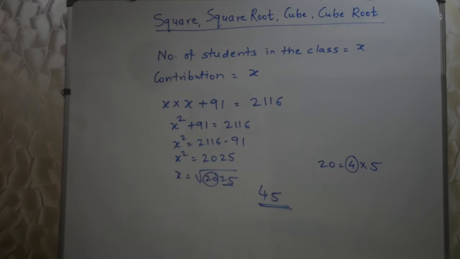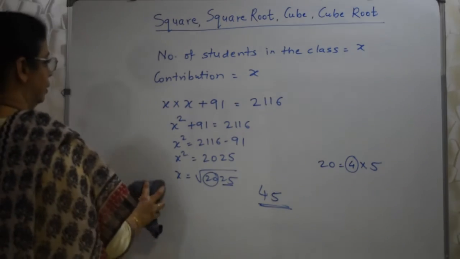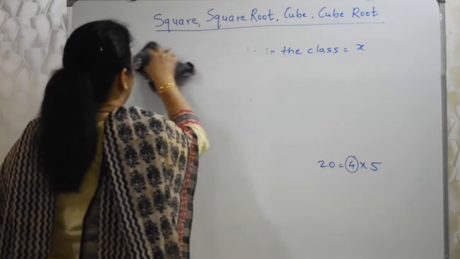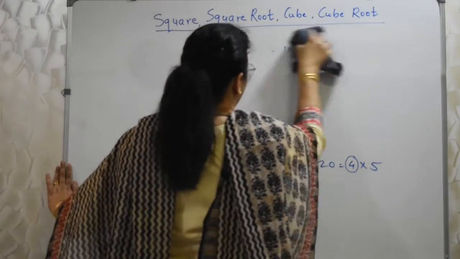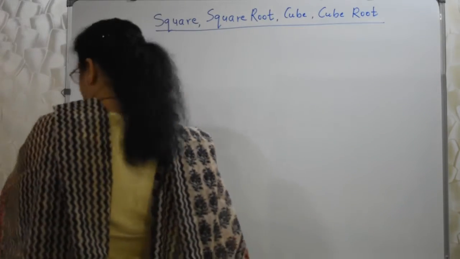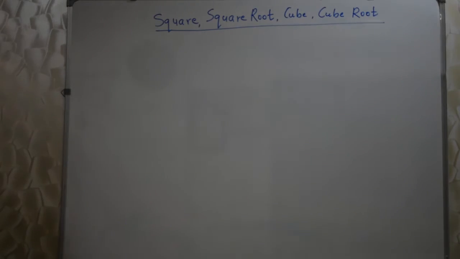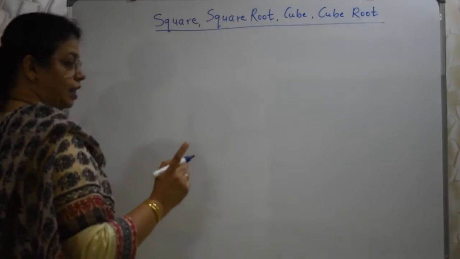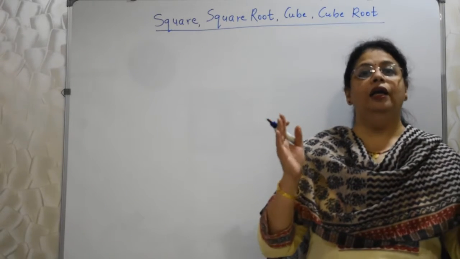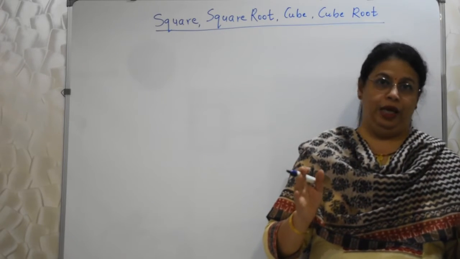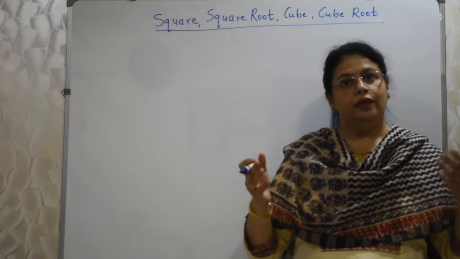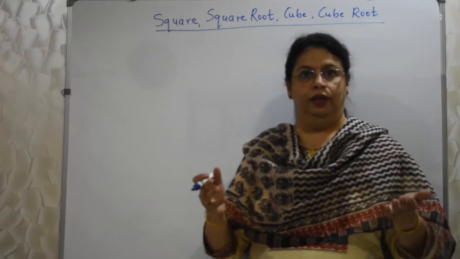Let's go ahead. Revise these sums. These are very, very interesting sums, and the square and this particular chapter is very easy as far as getting marks is concerned. You are expected to know the square numbers up to 30 and cube numbers at least up to 10. I am sure you all know, right? You should know it. So your job becomes even more easy.